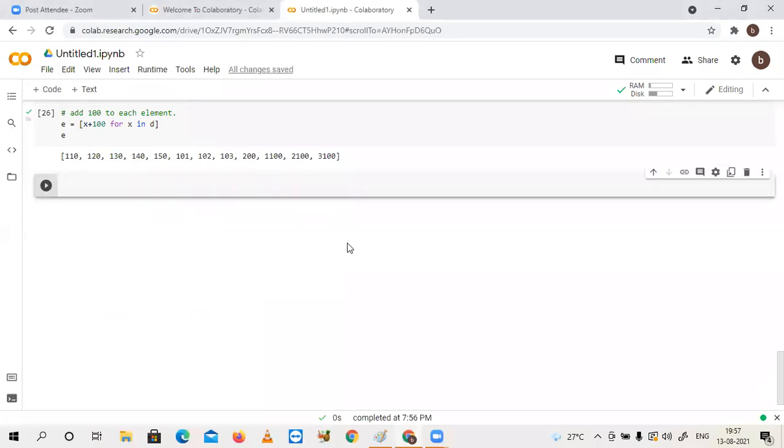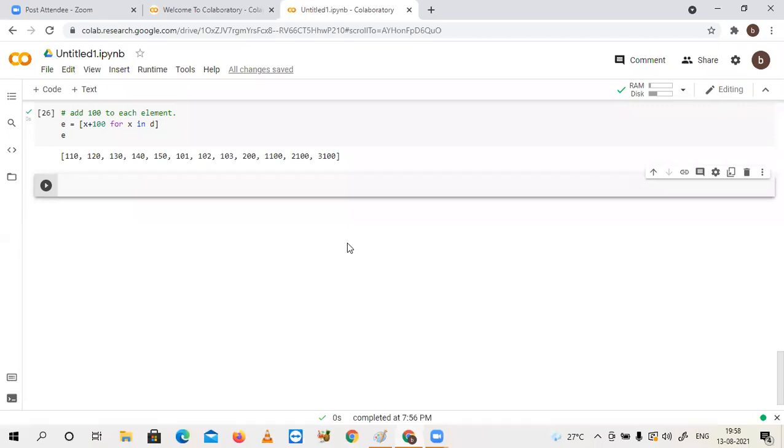Sir, I did not understand the point where you said we do not have to write an if condition in transformations. If you don't write an if condition, your given expression is applied for all elements. So the if condition has to be there, right? If you want to remove anything, then use an if condition. Why an if condition now? Please observe my task: add 100 to each element of my list. I don't want to eliminate anything.